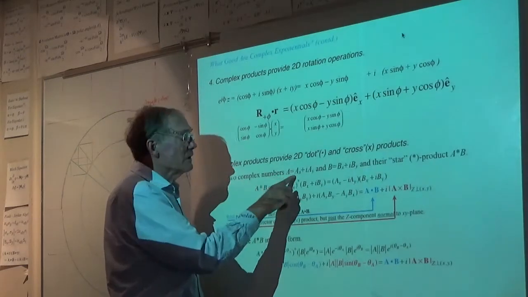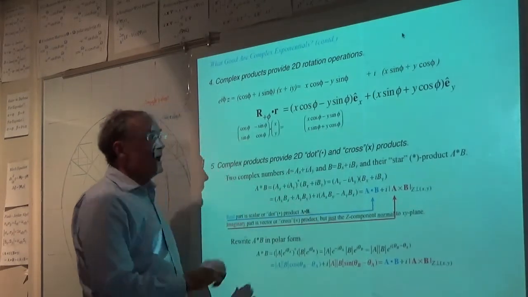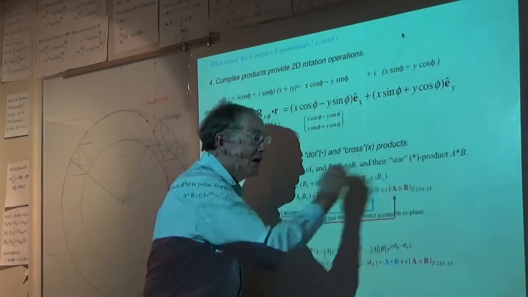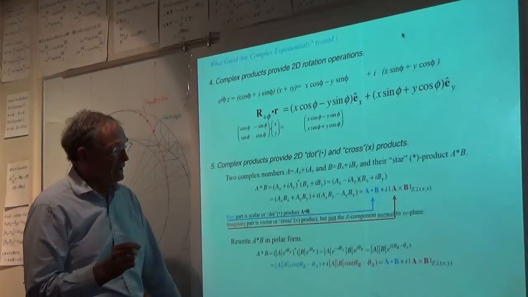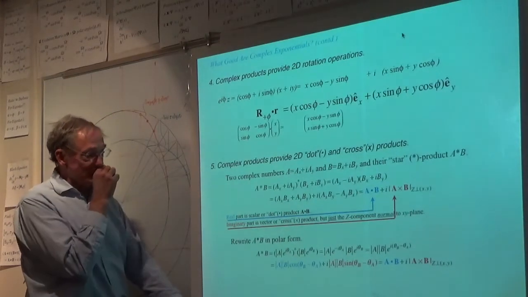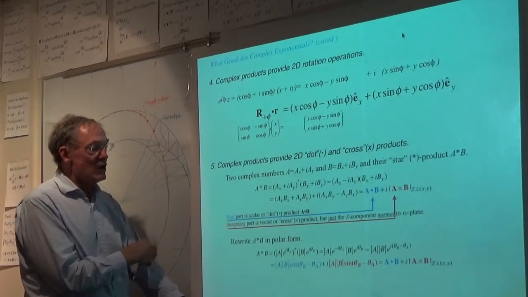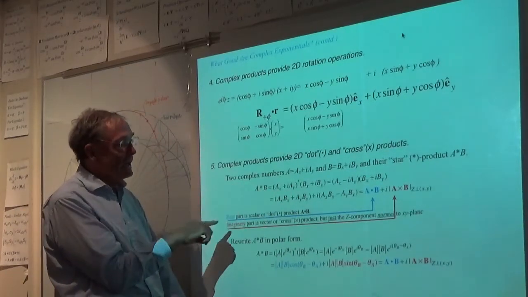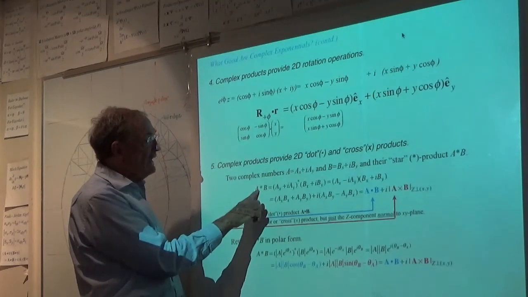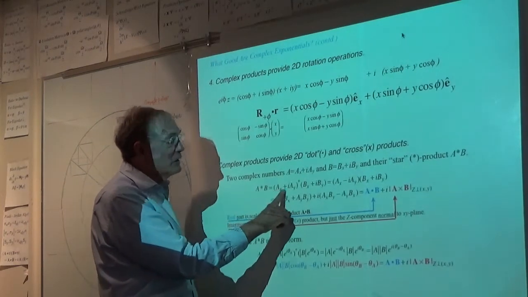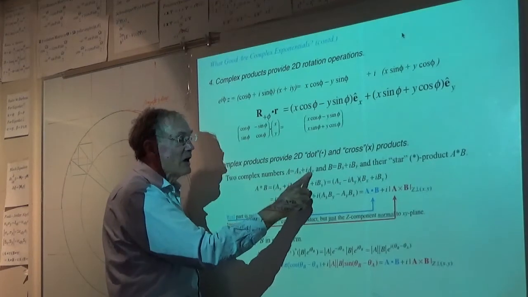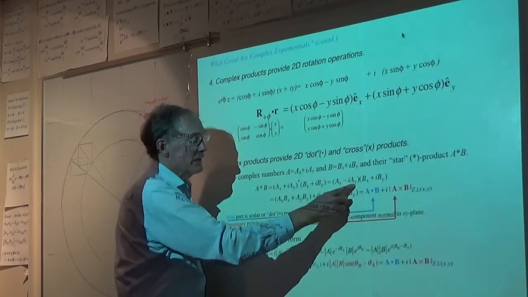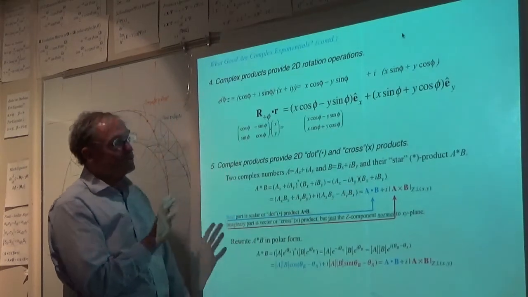Take two complex numbers and make a product of them with a star in between. Now, what's the star? The star is a symbol for what's called complex conjugation, where you simply take whatever you've got here and turn i into minus i. So I take A star, that means I take the complex number Ax plus iAy and change it to Ax minus iAy. That's the only tricky thing here.